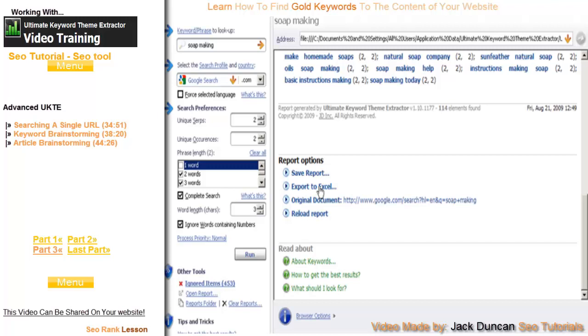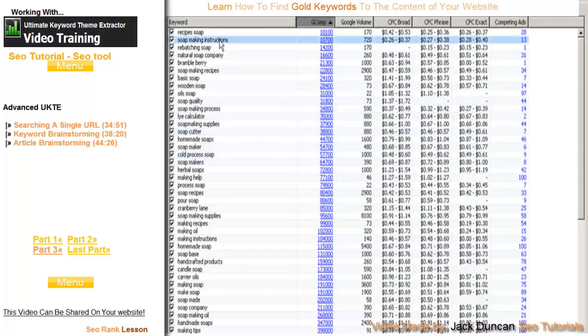I opened that up in OpenOffice, and I basically just copied all the keywords into a keyword tool that I have. Now you could use the Google free keyword tool that they have. You could use something like Keyword Elite. You can use something like Keyword Research Pro. There's so many, Market Samurai. There's so many of those keyword tools out there that you can use. In this case, I just went and used Keyword Research Pro. So what I've done is I've put the keywords into my keyword tool, and I did my traditional research on